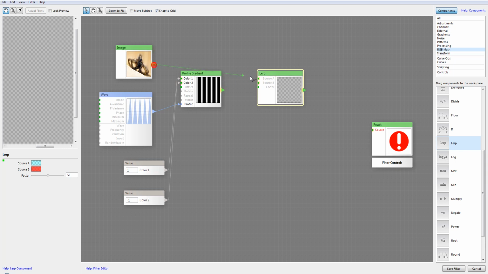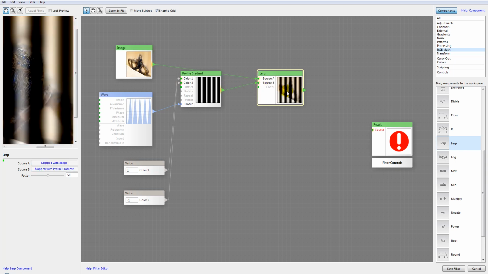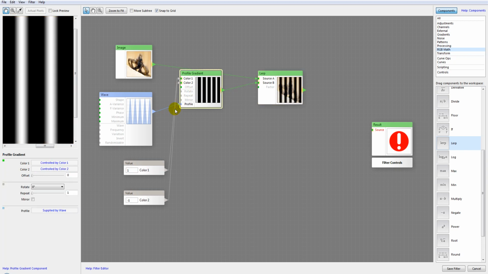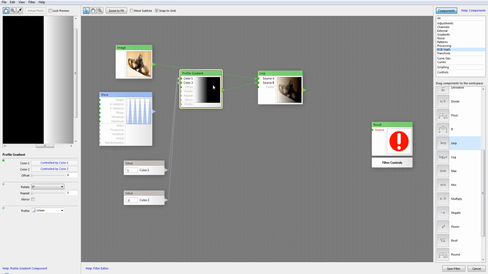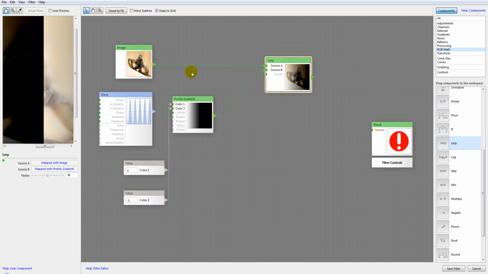Let's go to source B. Actually, let's disconnect that so we can see a little bit better. And of course it uses the factor, the map input that specifies the interpolation factor